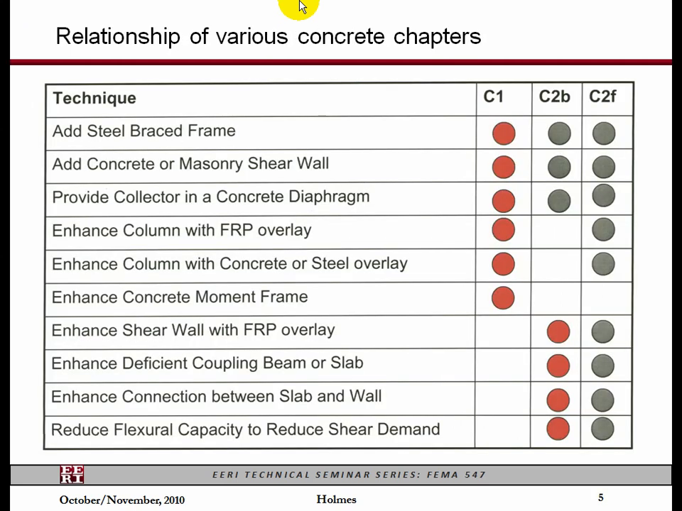These 3 chapters have similar rehabilitation techniques, and the reddish color is the chapter in which the different rehabilitation techniques are placed, but the gray indicates it's also applicable there. So we have the added steel frame for concrete in the C1 chapter, but you could also add a steel brace frame in these other two buildings, and so on. So these are the techniques that we have